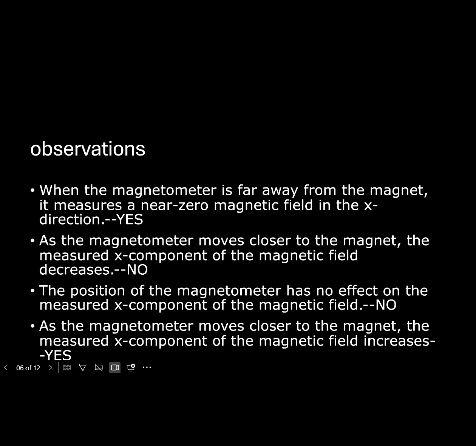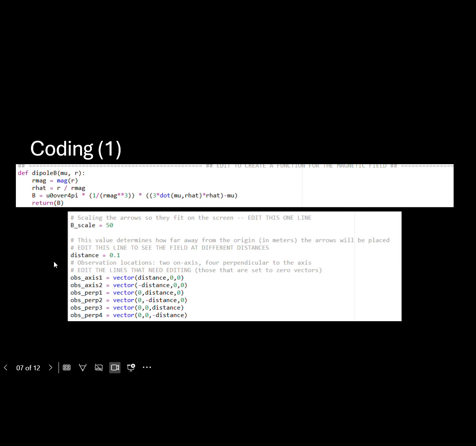So some of our observations: we noticed that the first and fourth should be the correct ones because when we take the magnetometer far away, Bx was close to 0, and as it increased as we brought it closer to the magnet. So in our coding here, we defined a function for the magnetic dipole,